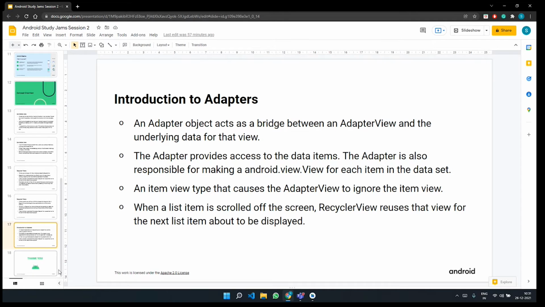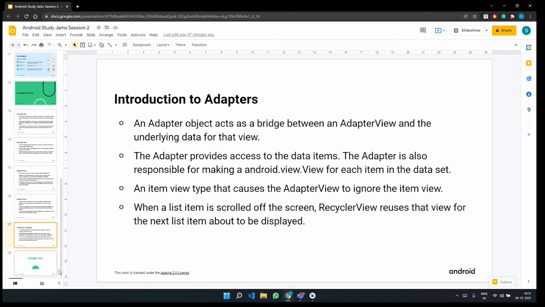And it provides access to the data items, which means that you can access each headline. If these headlines are written in one particular fashion, or if the descriptions of these headlines are also written in one particular fashion, you can provide access to the data items using these adapters. So that is one point to keep in mind.